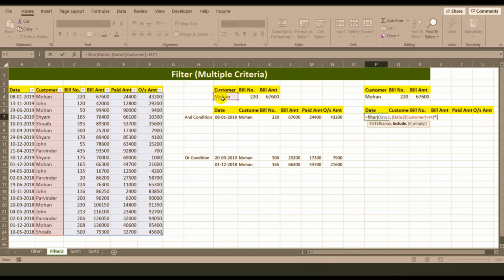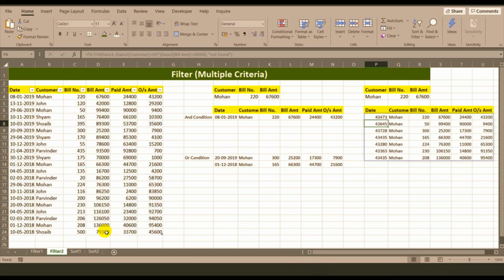Now again we will select the second column, that is bill amount, and we want to get the data of more than 20,000. Now bracket close. Now if empty, not found. Bracket close and enter.